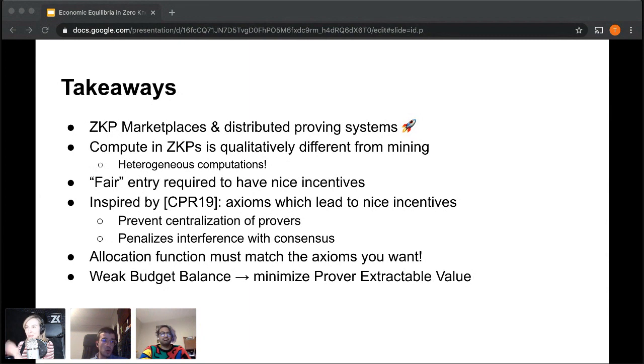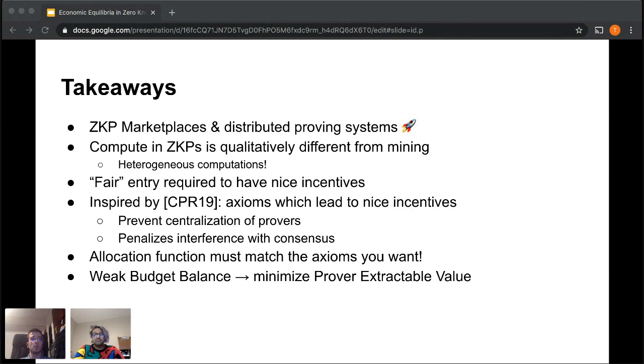Cool. So the final takeaways are that we expect the marketplaces and distributed proving systems for zero knowledge proofs will go to the moon, and it's hard to figure out what the unit of cost is in zero knowledge proofs because the resource space is much more complex. And so we want to have fair entry, ideally, to have nice incentives. And Tarun, do you want to finish this? Yeah, so